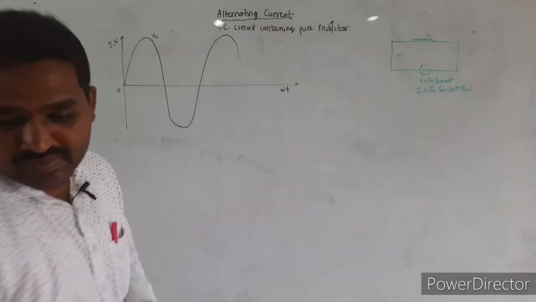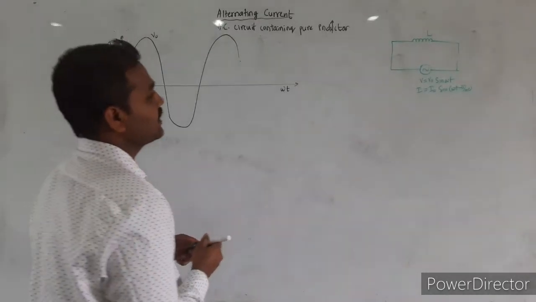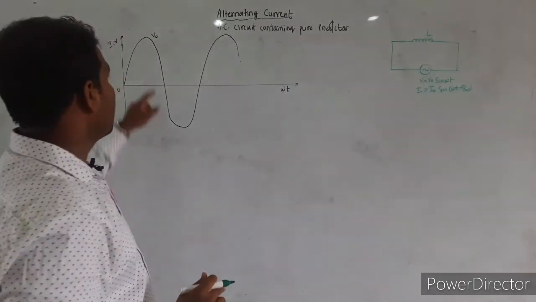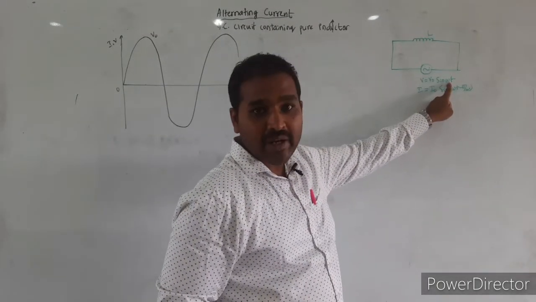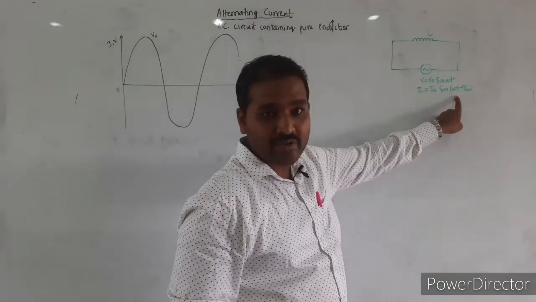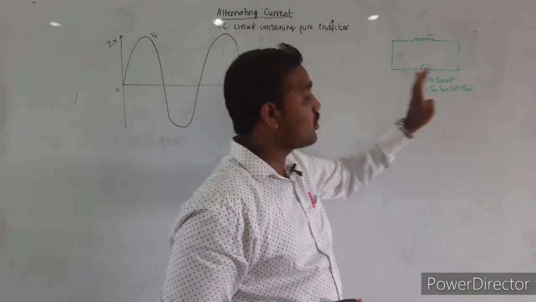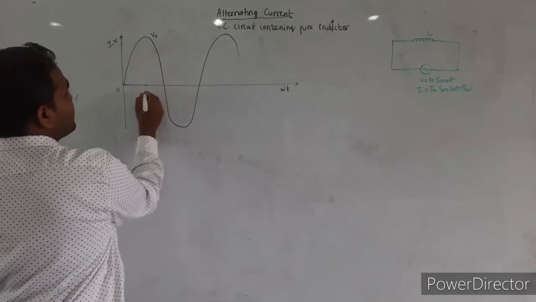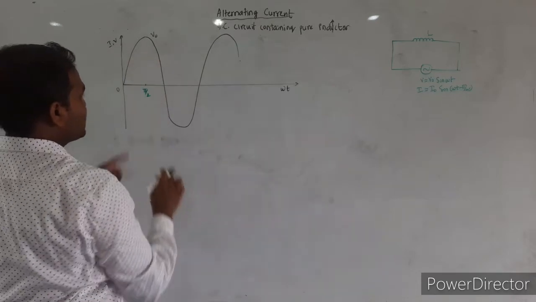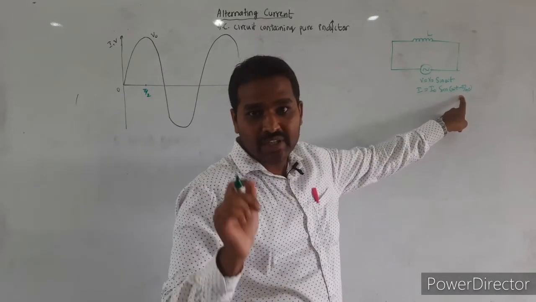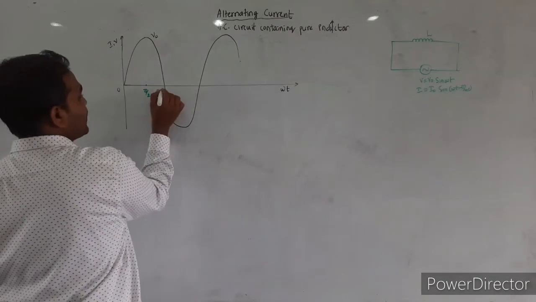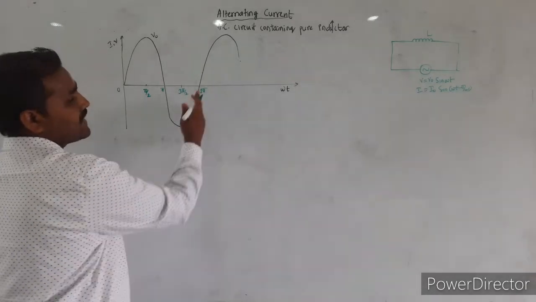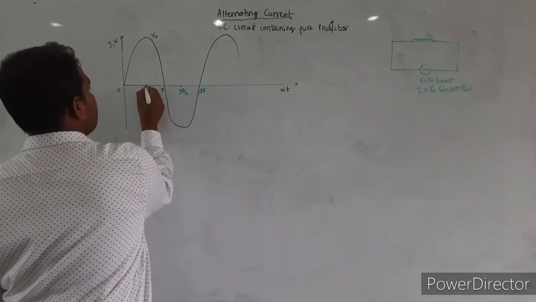Then how to represent the alternating current here? Current has to lag the voltage by pi by 2 radians. So when omega t is equal to pi by 2 for the voltage, the phase angle for current will be pi by 2 minus pi by 2, that is 0. So the current curve starts from here. Yes, so this is the starting point. So this is pi radians, this is 3 pi by 2, this is 2 pi radians, and the cycle repeats. So current starts from here.